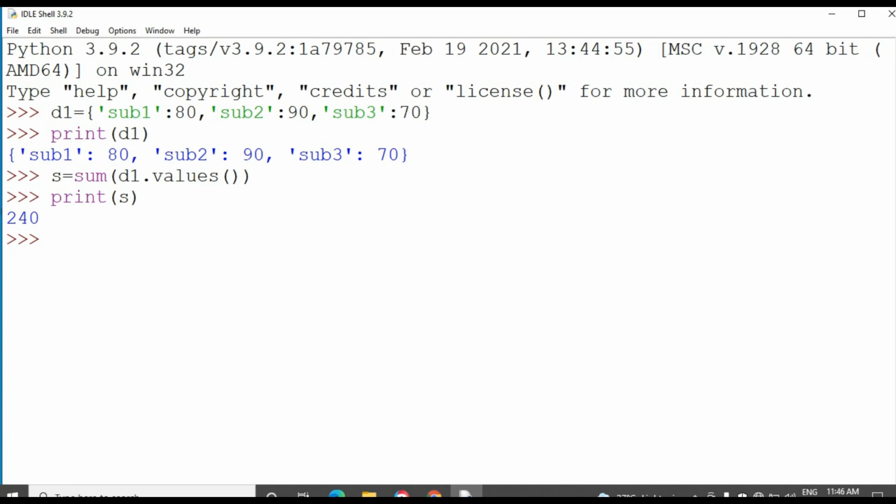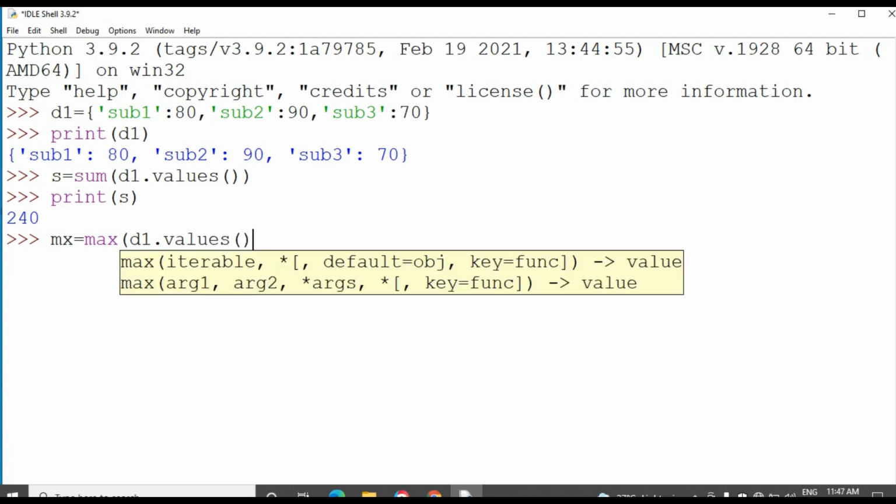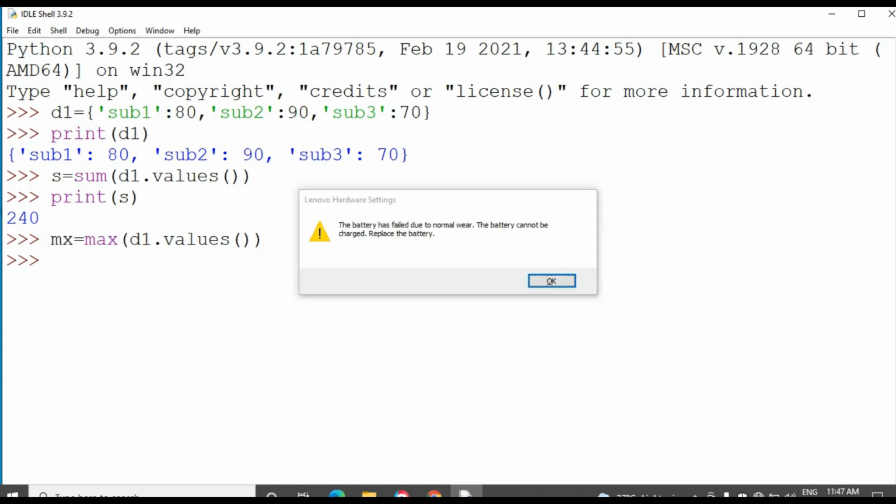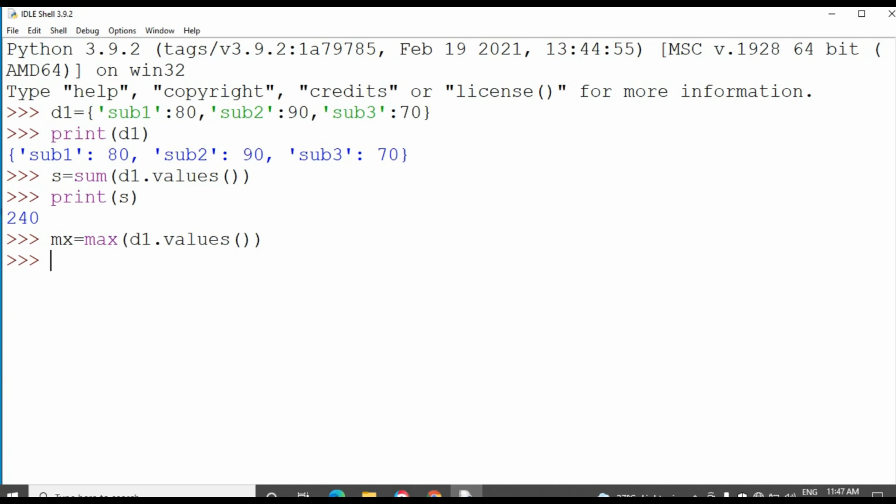Next, we want to find out the maximum of the values. I want to find out which mark is the maximum one. To find that, I want to take a variable called max. Max of dictionary name D1 dot values of.